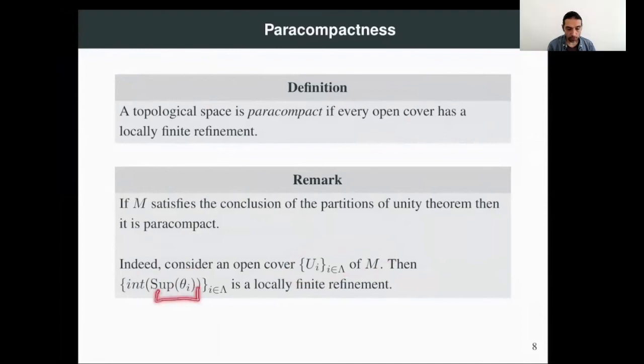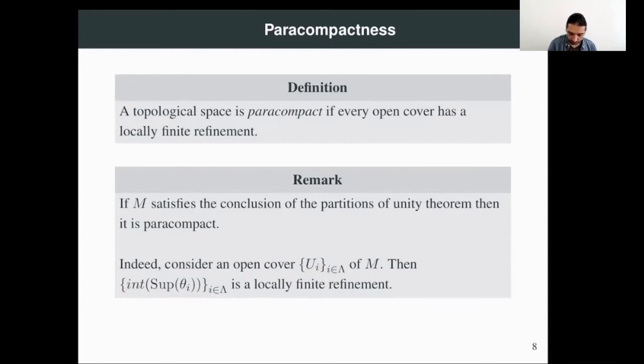Of course, the supports of these functions are not necessarily open sets, okay? But the interiors are open sets. And what we get is that the interior of the support of theta_i is contained in U_i. So it satisfies one of the conditions of a refinement. The other one, of course, is that it has to be a cover, but that's also true